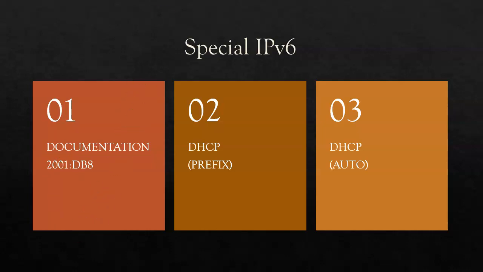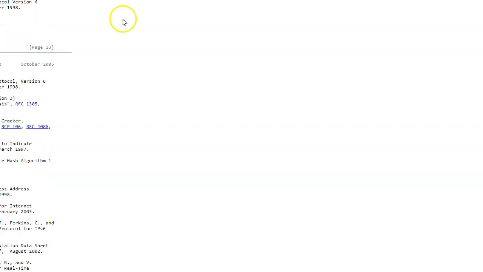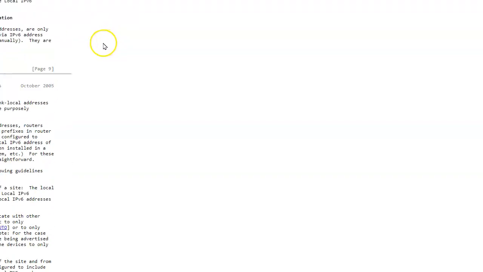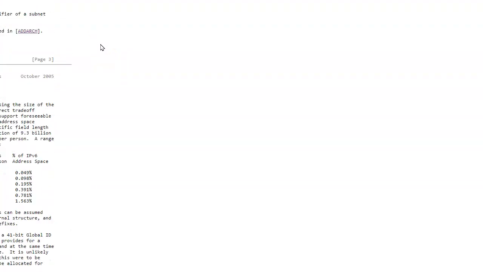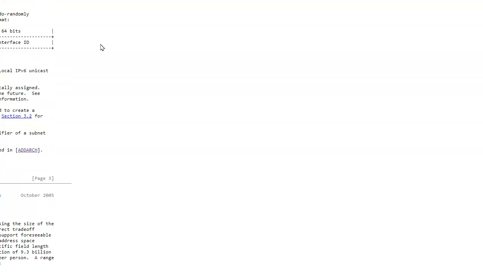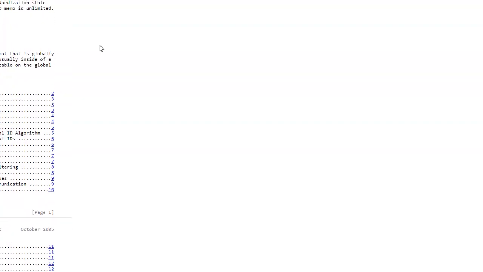And that is the documentation address. I'll show you in the RFC; there are several RFCs for IPv6, and you can read all about it.